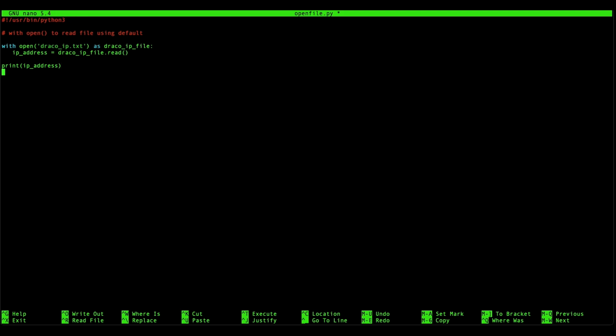We're going to also see the type that the IP address is being assigned to. So type is a very useful capability, right? To see what is the class type that you're using to store the data you have read. If you're familiar with Python, there are list, dictionary, tuple, a lot of different kinds of variable types that